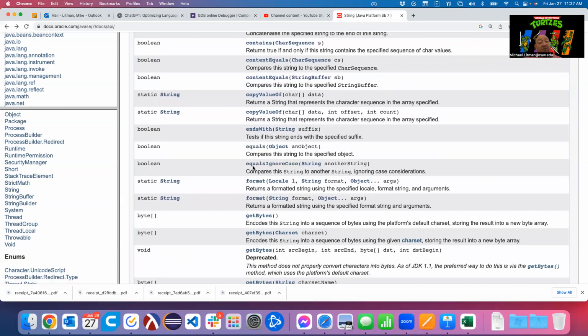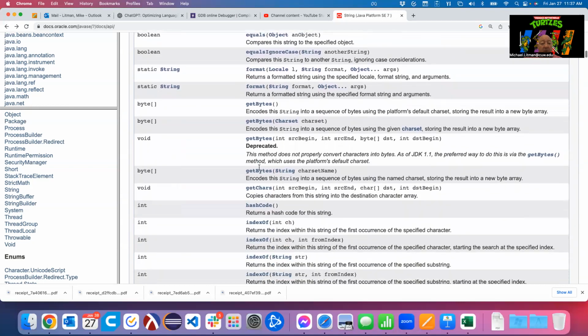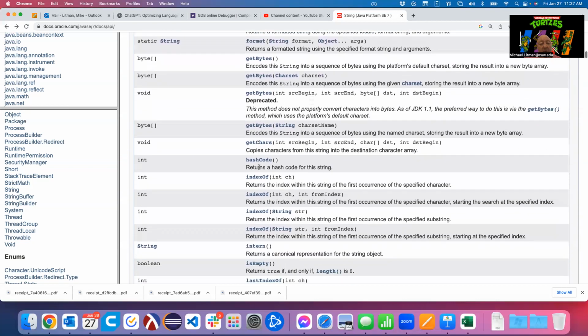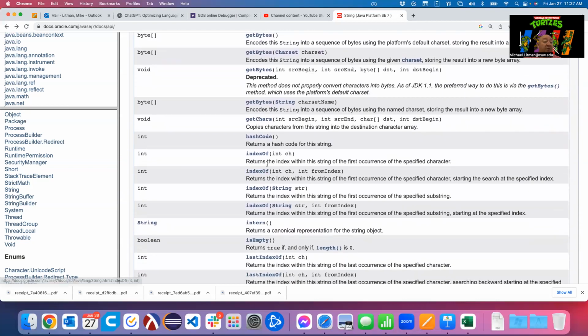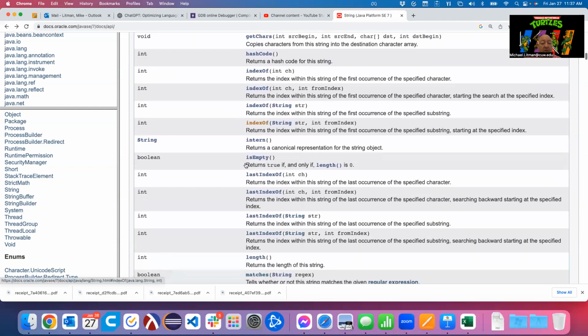We can see if it equals another string, but ignore case, upper and lower case. We can use indexOf. That's another common one. We're going to look at that pretty quickly here.